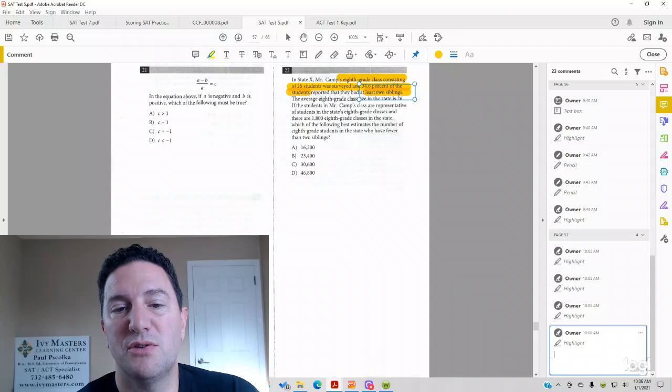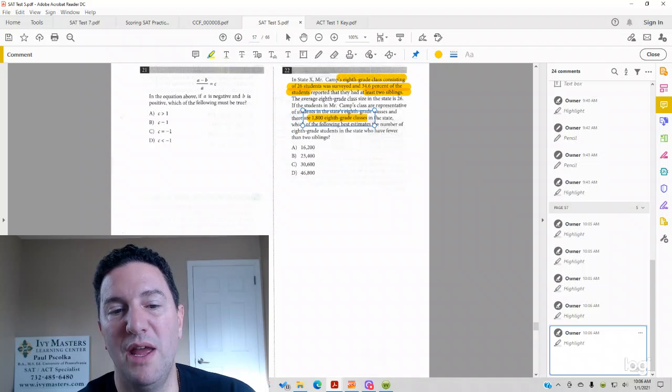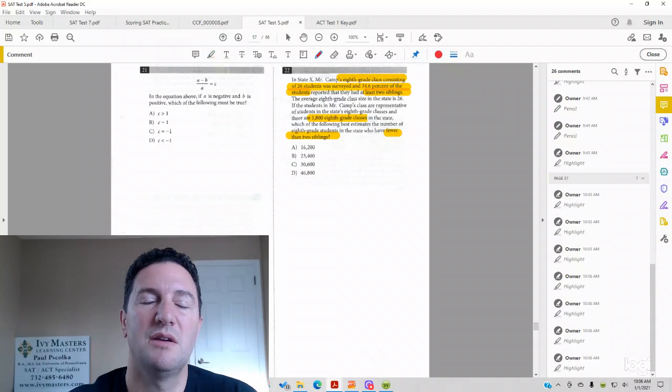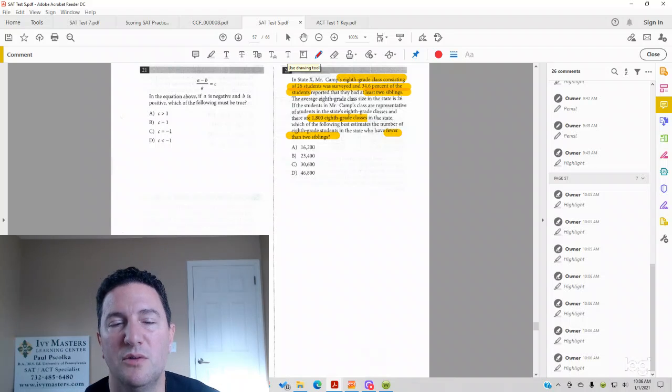If the students in Mr. Camp's class are representative of the students in the state's 8th grade class, and there are 1,800 8th grade classes in the state, which of the following best estimates the number of 8th grade students in the state who have fewer than 2 siblings? There's a very common mistake here, which is